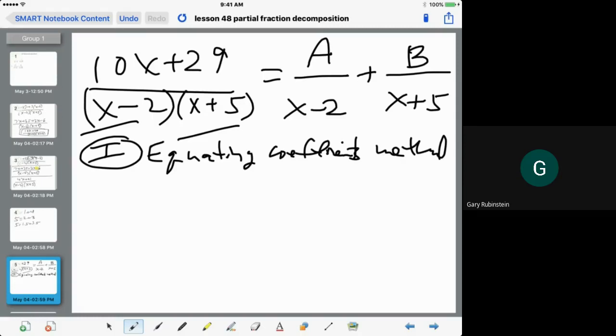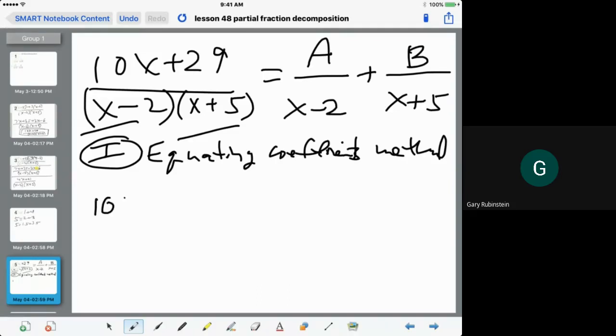So maybe something with factoring. And I saw Yusef said multiply each side by x minus 2 times x plus 5. That's actually the right thing to do. So the first step, if I multiply the entire equation, both sides, by x minus 2 times x plus 5,